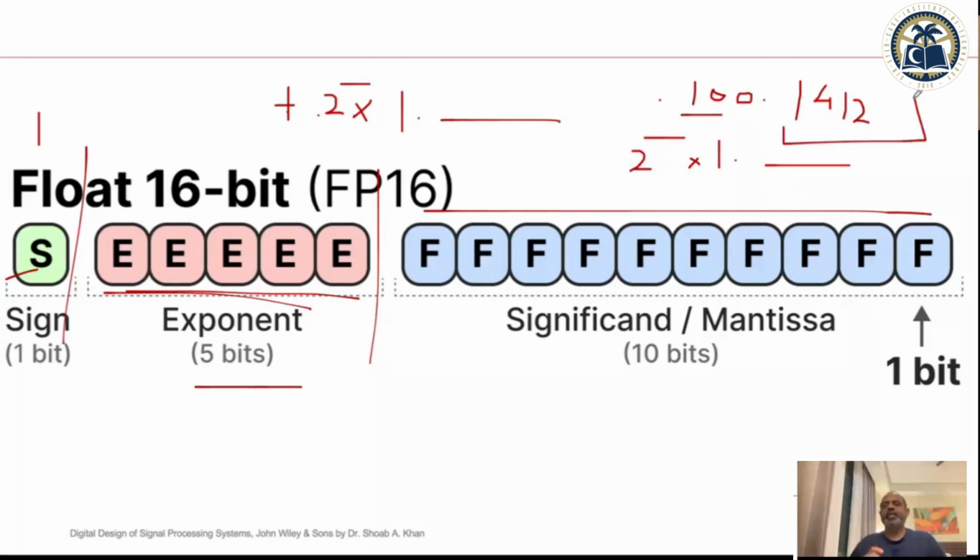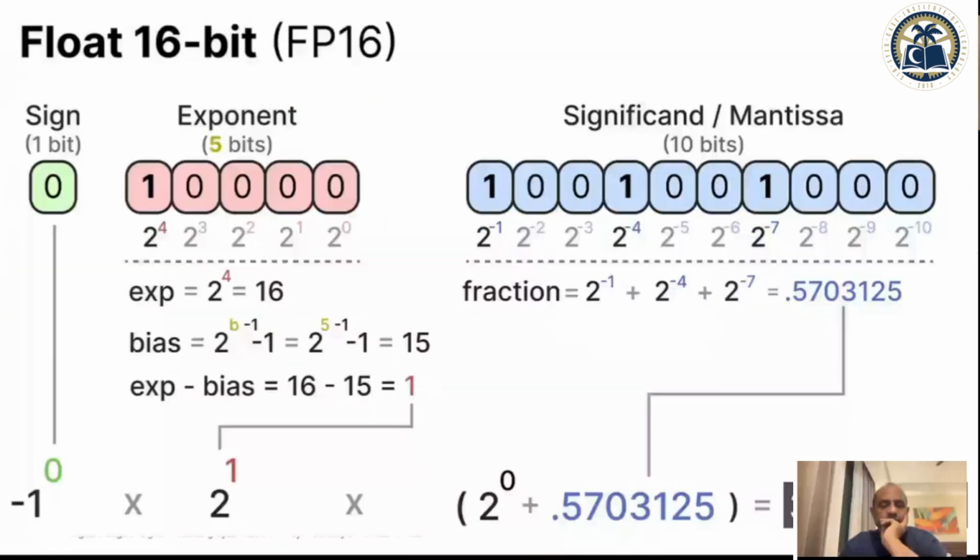But every time doing this would take a number of cycles. Every time you get a number, you check whether it is in the standard format or not. If not, you need to convert it by figuring out how much has to be shifted, shifting it that much, taking it to the exponent. Then the exponent also has a bias. So doing a lot of this to do the representation. So, for example, here